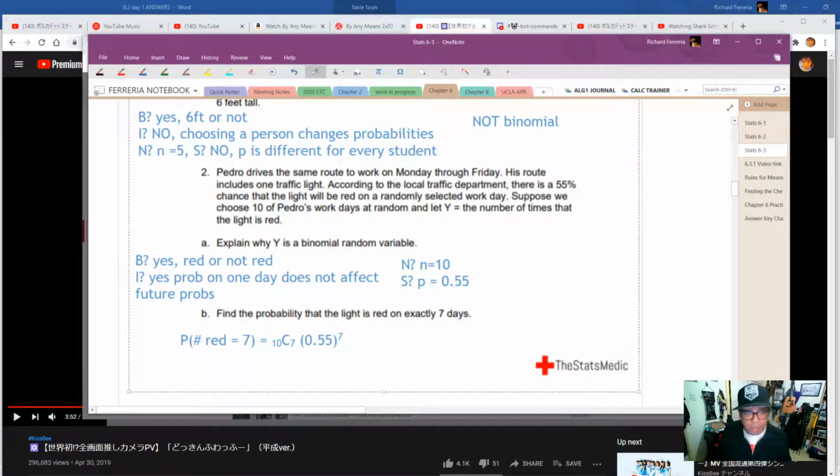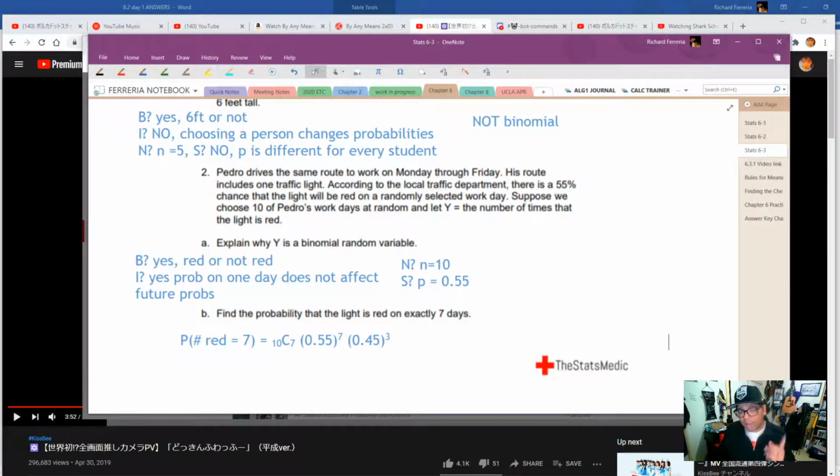Then we write the probability of success, 0.55, to the appropriate power. And this power for the probability of success always matches the second number on the combination, on the 10C7. And then the last thing we write is the probability of failure, which is 0.45, 1 minus 0.55, to the